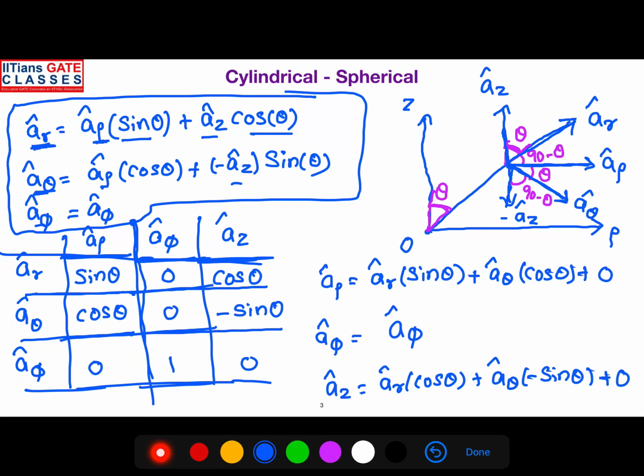So you are replacing it in terms of rho, phi, z. Now if you want to do it in rectangular, a rho cap can be replaced in terms of x and y, right? So r, theta and phi are functions of rho, phi, z right now. Now we already know the rho, phi, z values in terms of x, y, z, so we will substitute that here. First of all, if you want to go from rectangular to spherical, write down once again all the equations you got.